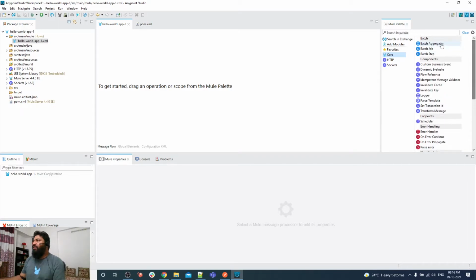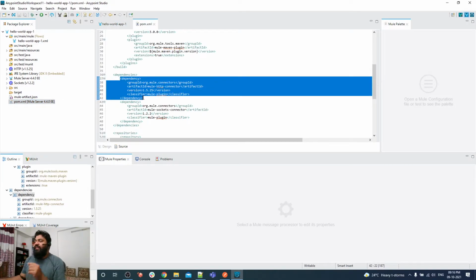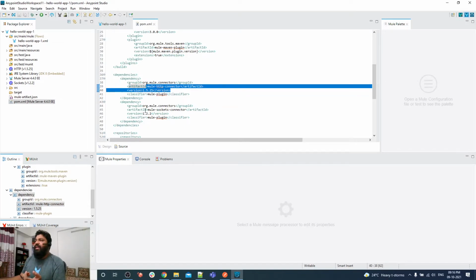I'm going to make a video for every core thing one by one, and these come by default in the Mule runtime. But as you can see, we have defined dependencies: Mule HTTP connector and Mule socket connector.